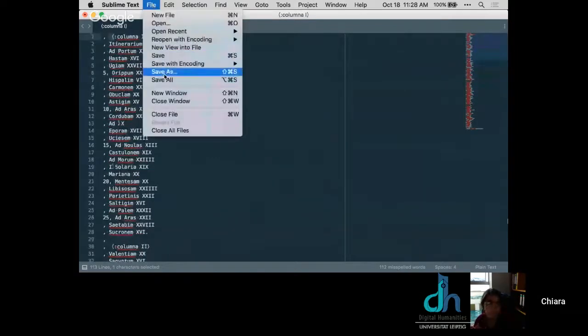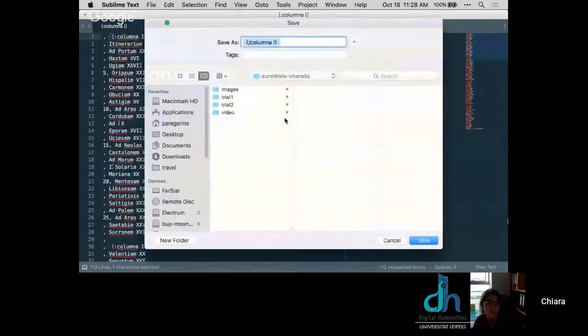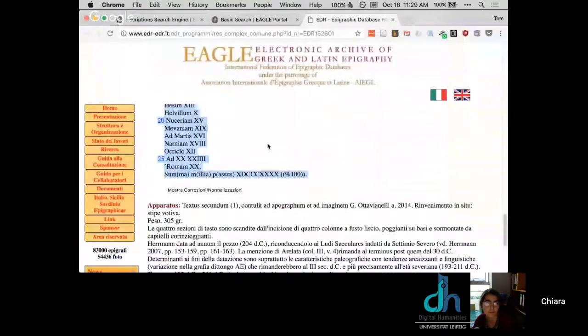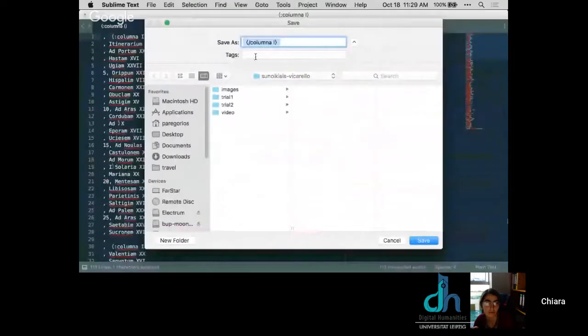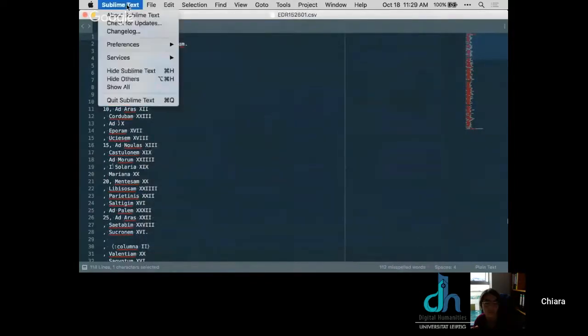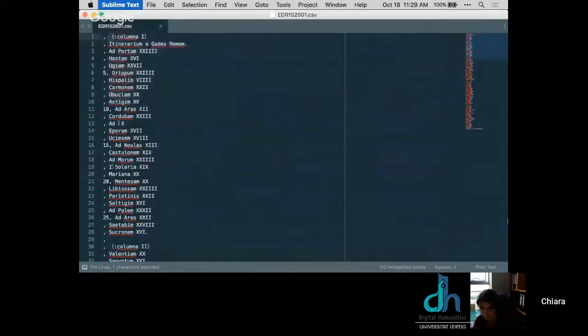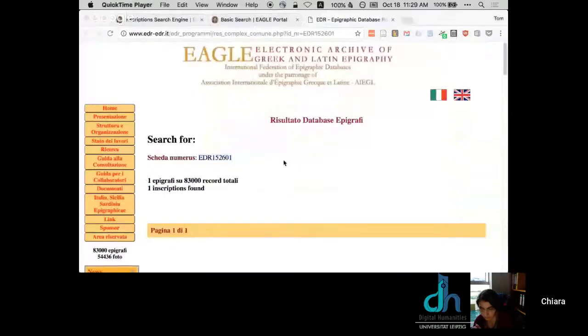So we're going to save it into a convenient directory. I think we should give it a name that will help us remember where we got it from. In this case, the EDR number. And we are going to give it the CSV extension, so we remember that it's comma-separated values. We can now dispense with our text editor. And what we're going to do now is open up